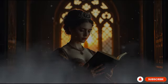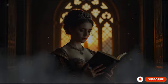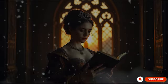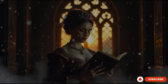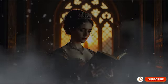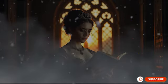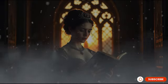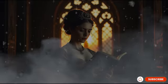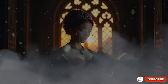There's ongoing discussion among historians about whether devotion was born from fear or gratitude. Some argue that the church filled the silence of winter with structure, a shield against despair. Others believe faith was simply the natural language of endurance, a way for people to say, "We are still here." Both explanations feel true when you sit inside a hut like this, feeling the weight of the cold beyond the